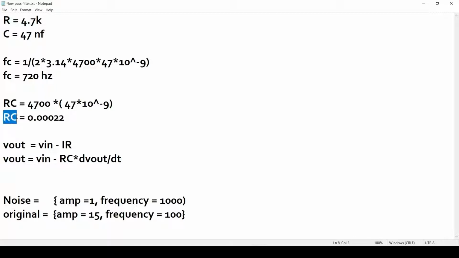And here we can note that whenever I multiplied R and C, I got the value as 0.00022. Okay, and this is the gain which is multiplied to this output derivative. So remember these 2 points and let's construct the